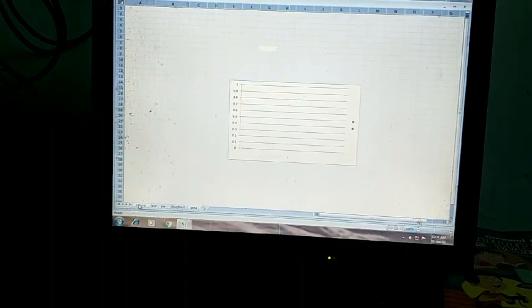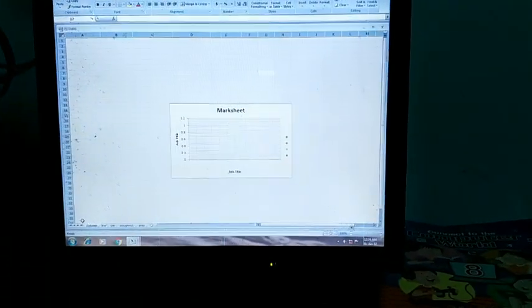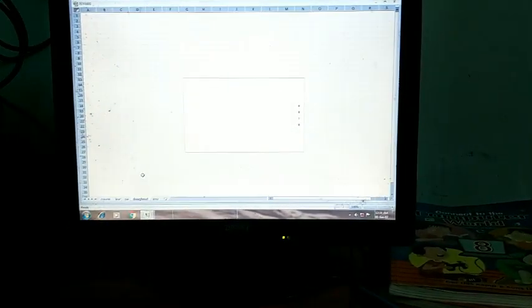How will you make a grouping? First you will click the first sheet, then you will press the control key, and do not leave the control key, and one by one you will select all the sheets. Then all sheets will be selected, and it will make a group.